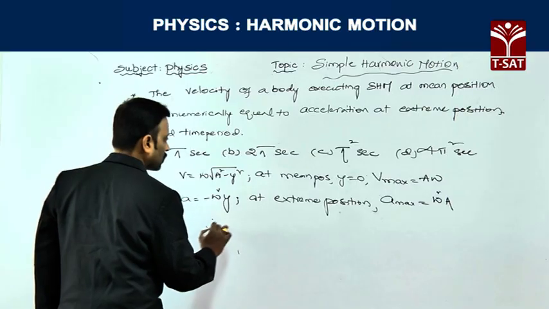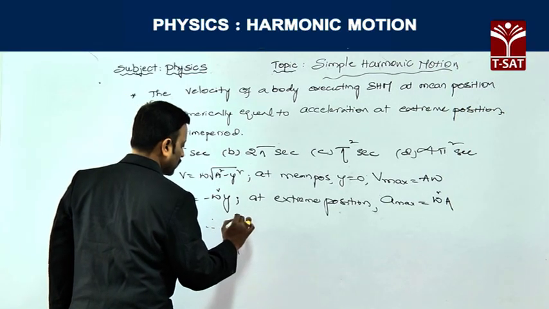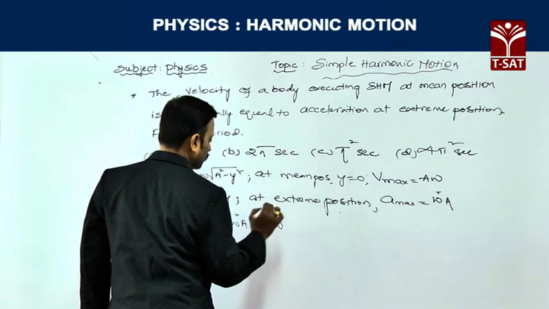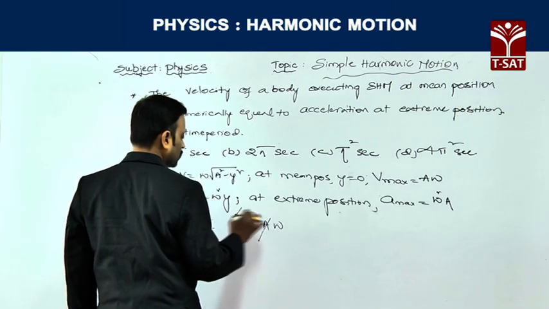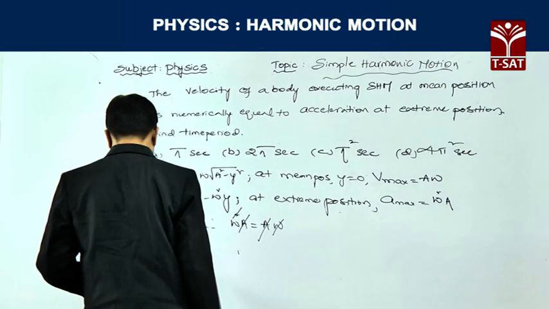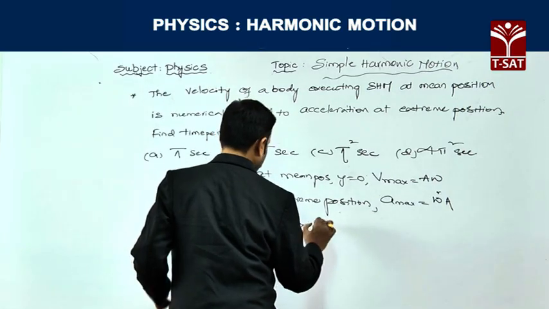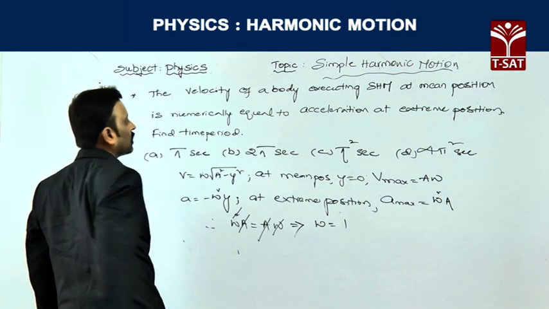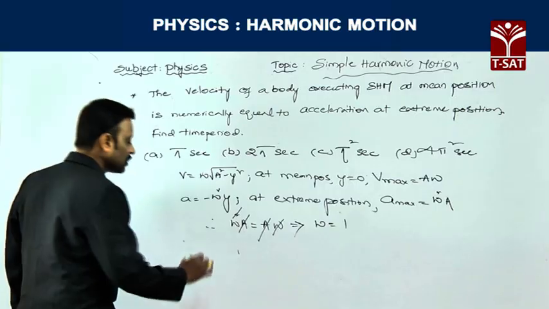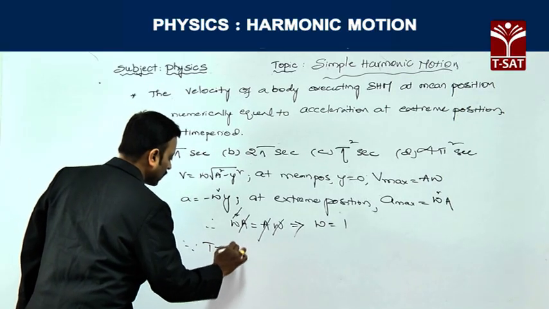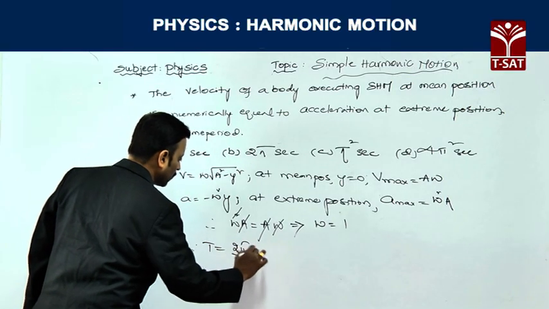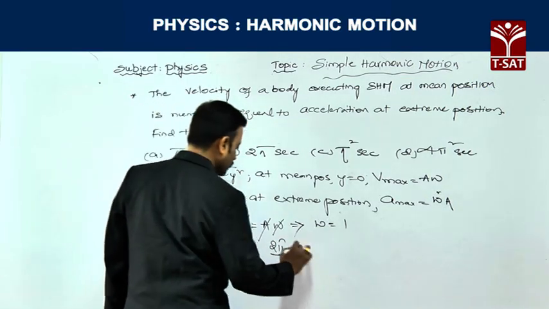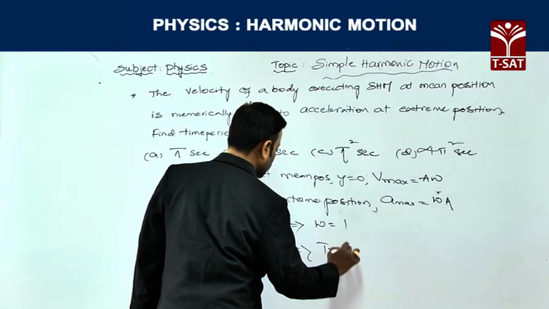Therefore, omega square into A is equal to A omega. Cancel A and omega on both sides. So from this, omega is equal to 1. But what are you asked to calculate? Time period. Since time period T is equal to 2 pi by omega, and we got omega as 1, the time period of oscillation is